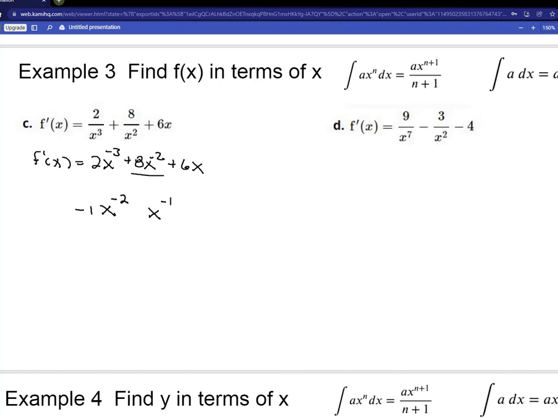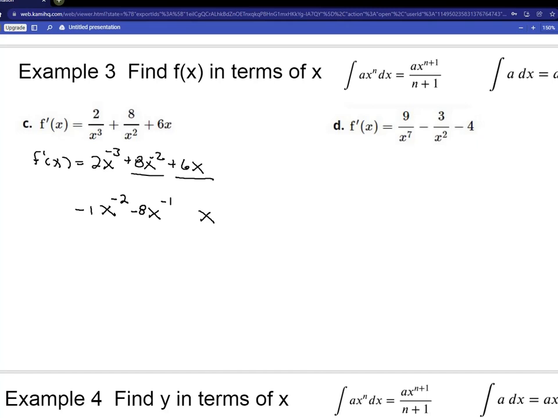Negative 1. And now I'm going to divide by negative 1, so it's going to become? Negative 8. And then I move on. And again, I look at this, I write the variable, and see, when you're integrating, it's helpful, I think, to keep you from taking this 6x and calling it a 6. Because by starting, notice how each time I start by writing the variable, okay? So now there's a variable there,